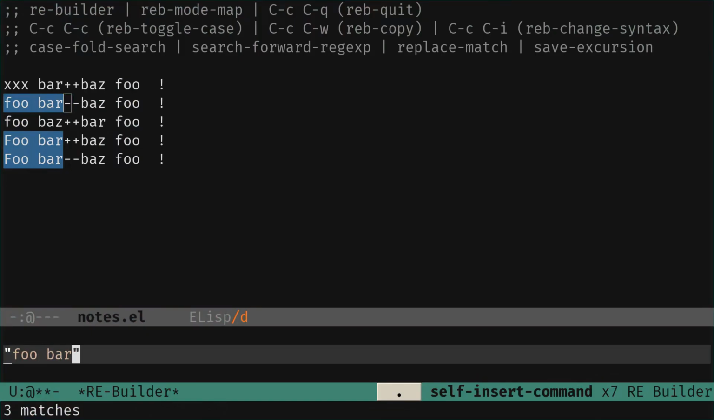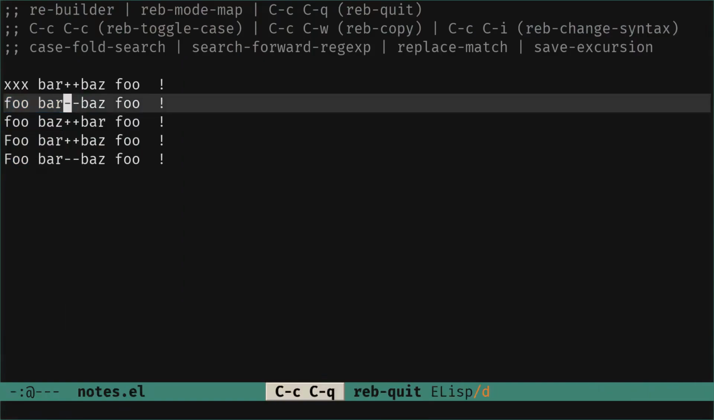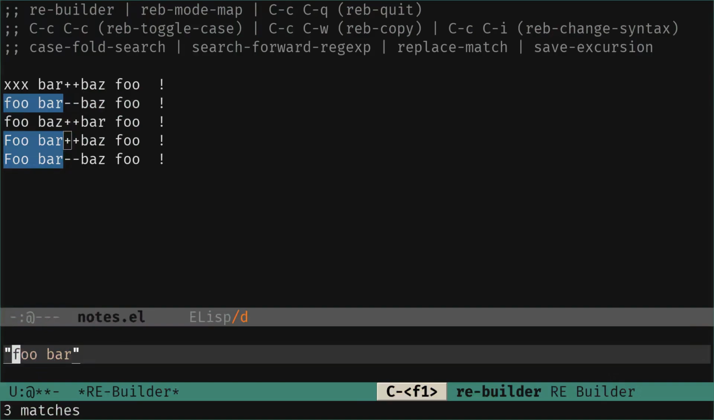This is great. Let's say we want to quit Rebuilder because we don't need that regular expression in our program. We change our mind. We just have to press Ctrl+C, Ctrl+Q. We quit. Everything is all right, and we can continue with our work. But we want to go further with Rebuilder, so we call it again. And now,